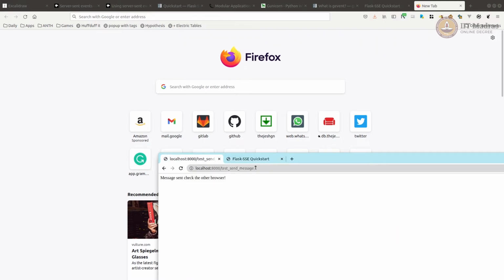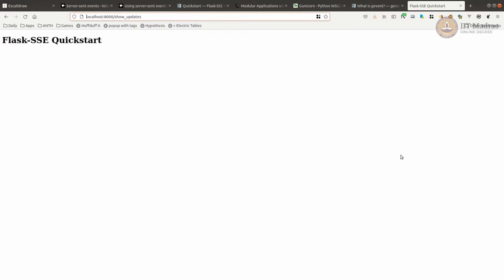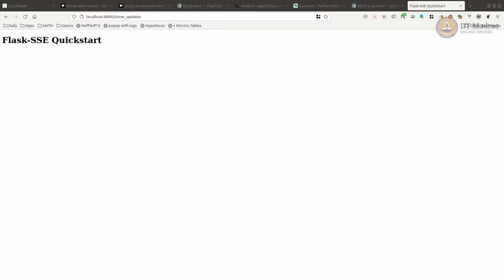Okay, now let's refresh this. Here twice and here, right? So you get it everywhere, wherever the users are. If they were watching the score, they would have seen it here and here. We're going to upgrade it a little more and make it work with Vue, and we'll update the div, right? So that you will also know that it can be used with